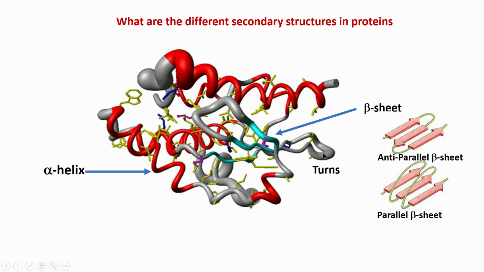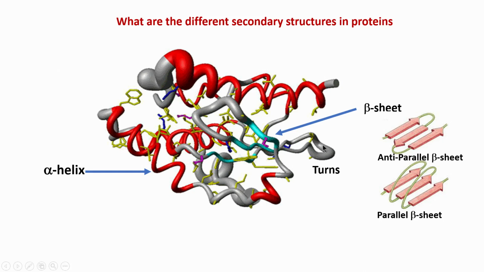So, turns are basically tight turns because a protein cannot be a linear chain, it takes a turn and therefore forms a three dimensional structure. So, turns are well defined, they are also secondary structures, and how do we find out turns? Typically, turns we will not be able to find out just from the method of chemical shift index and J, H N, H alpha. Again, for turns we will have to rely on the NOE to find out whether it is a turn or not.